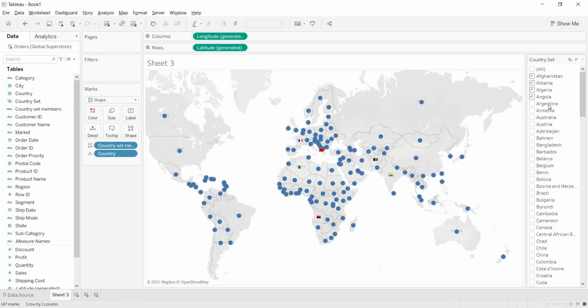See here, I haven't given any flag to Argentina, but when I select Argentina, this is Argentina. It is taking some other shape. Rather than taking the same shape, it is taking some other shape and all others remain in the same shape. So this is one of the important scenarios that I faced very recently, and I thought of sharing it with you.